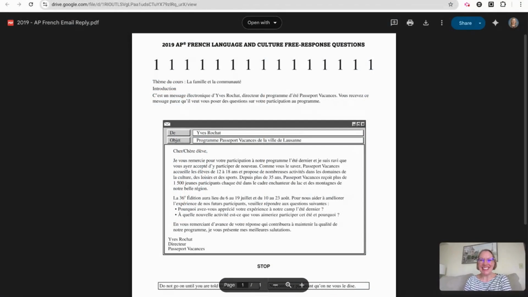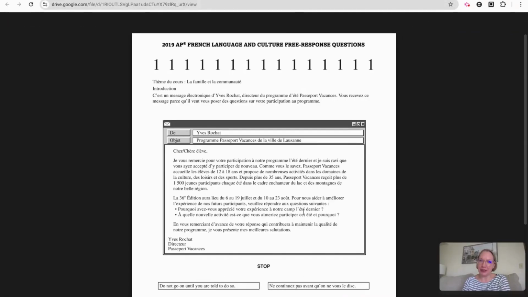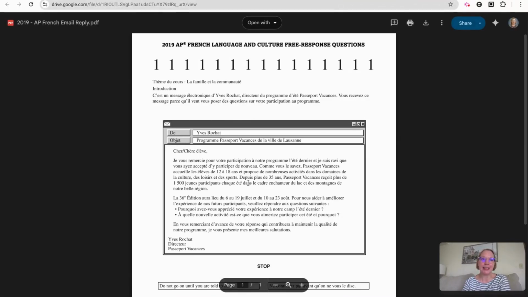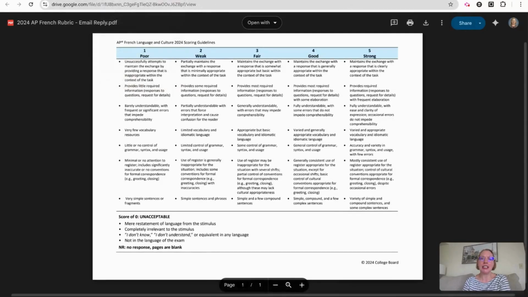Okay, so for today's example, let's imagine that I have given my French AP students the previously released 2019 email reply task. So they've read through it, they've identified the questions, they've written their responses, and now let's say I have 25 email responses to grade. So I want to create a gem within Gemini that is going to take their response to this task and measure it against the College Board rubric to give them a score and to measure it